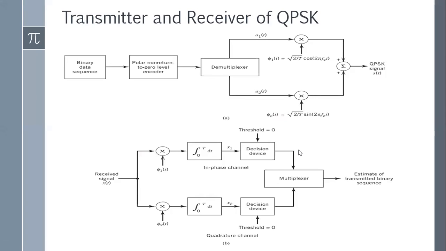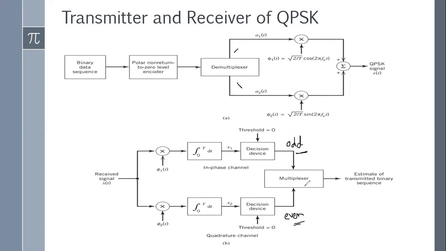Multiplexing. Okay, so in multiplexing, see what we are getting here. We are getting the odd bits here. Whatever you are estimating here are the odd bits, and whatever you are estimating here are the even bits. Since the demultiplexer sorted the odd and even bits into different parts, similarly in the receiver part you are recovering odd and even bits in different parts.